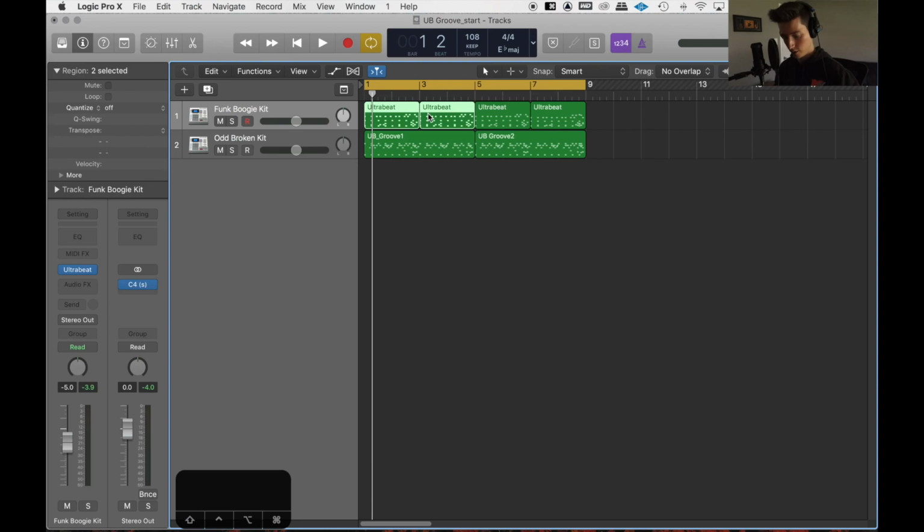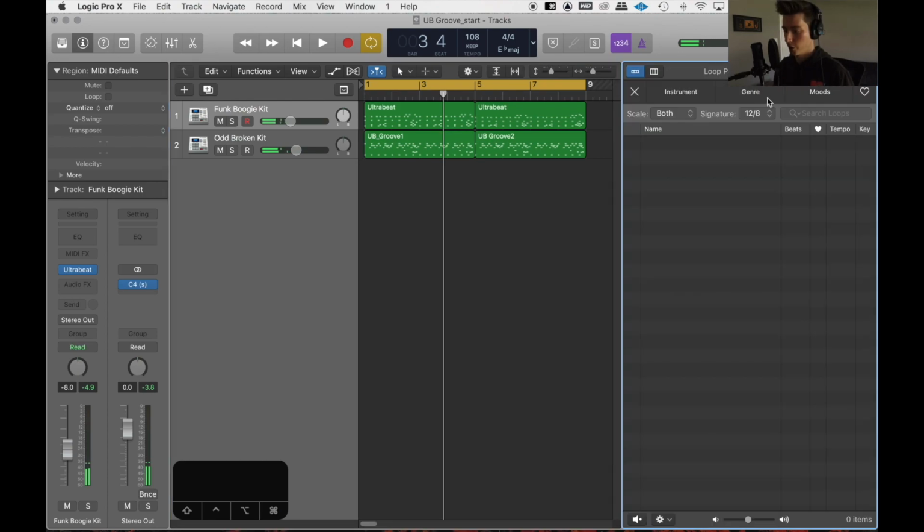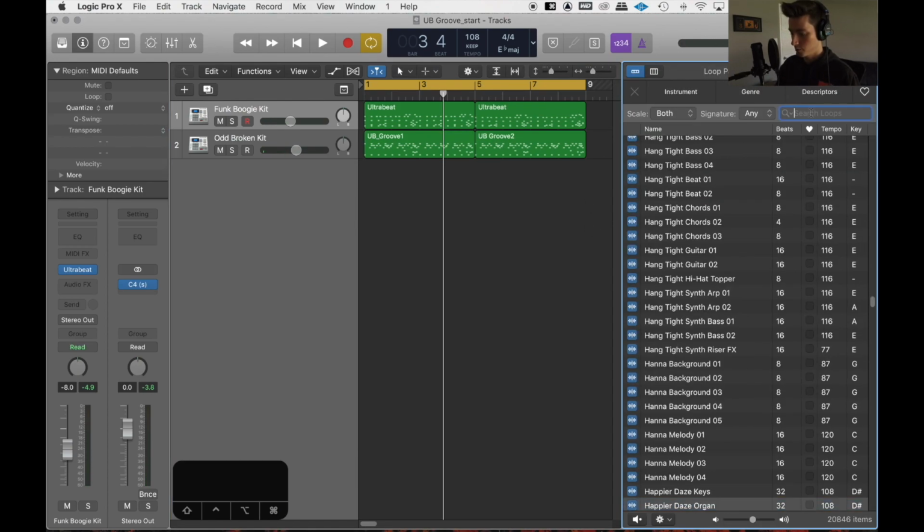The way I do that is I hold Command and I hit J when I have these two MIDI regions selected, and then it automatically joins them so that I've got two nice, pretty 4-bar phrases. Sweet. So now that I've got a really dope groove going on, let me go ahead and bring in a couple of things to